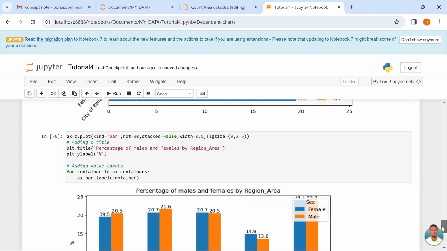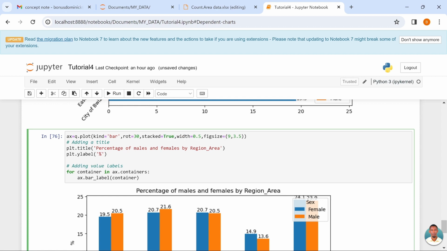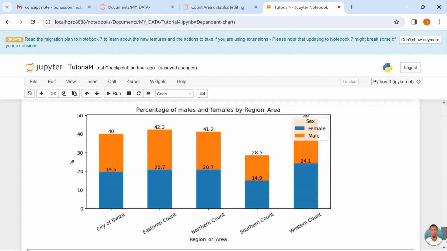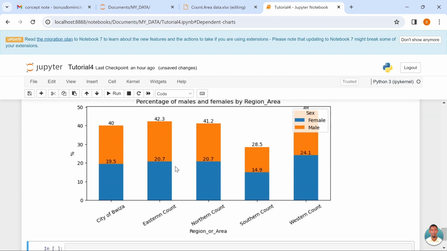What's the meaning of start? If you say start equal to false, it looks like this. So start equal to true, run and see how it looks like. This is male, female, male, female. So it looks like that. If start is true,